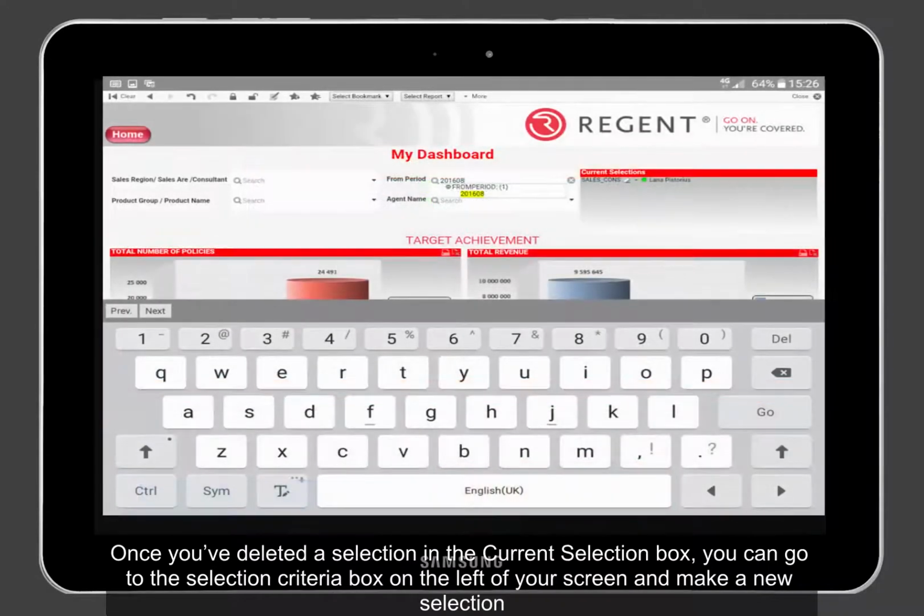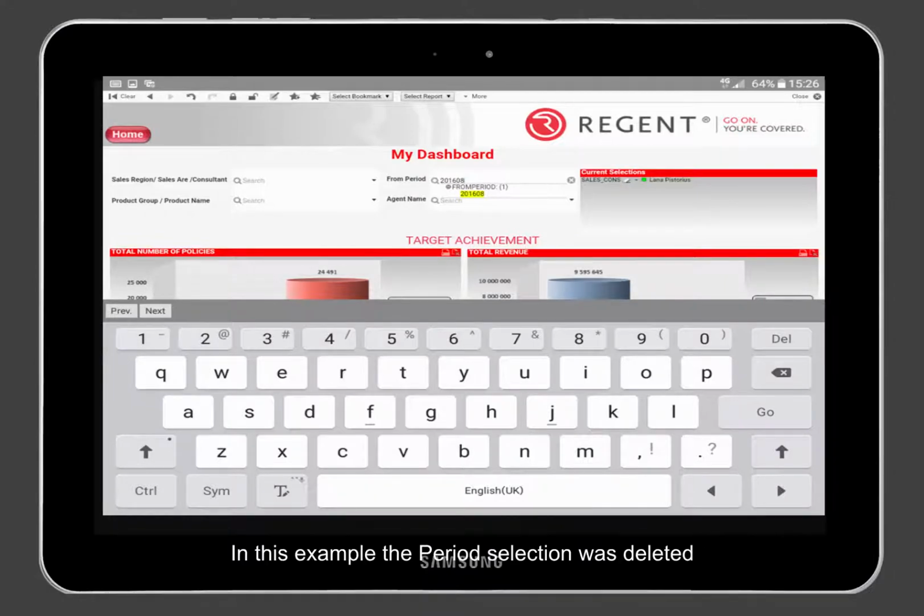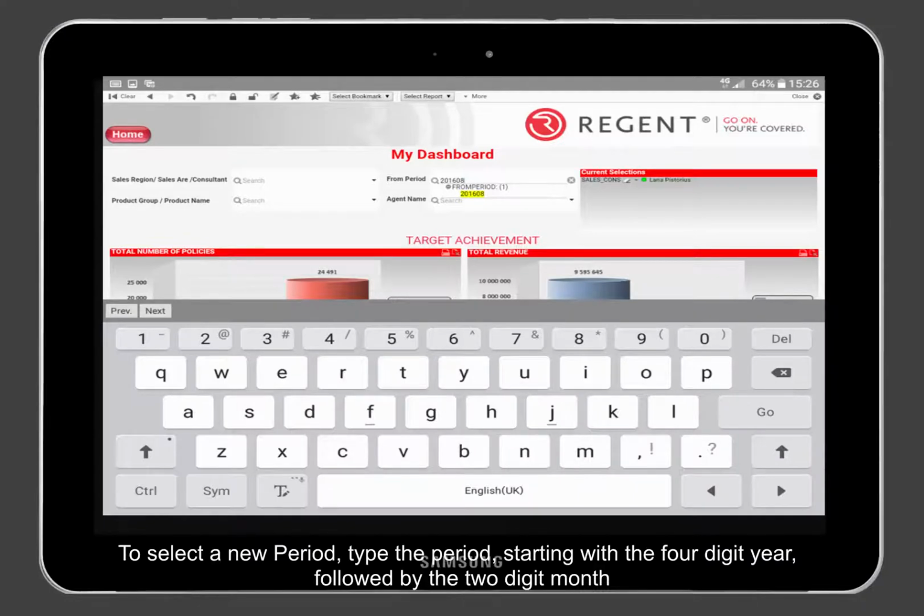When you click on one, it will delete that specific selection. Once you've deleted a selection in the current selection box, you can go to the selection criteria box on the left of your screen and make a new selection. In this example, the period selection was deleted. To select a new period,